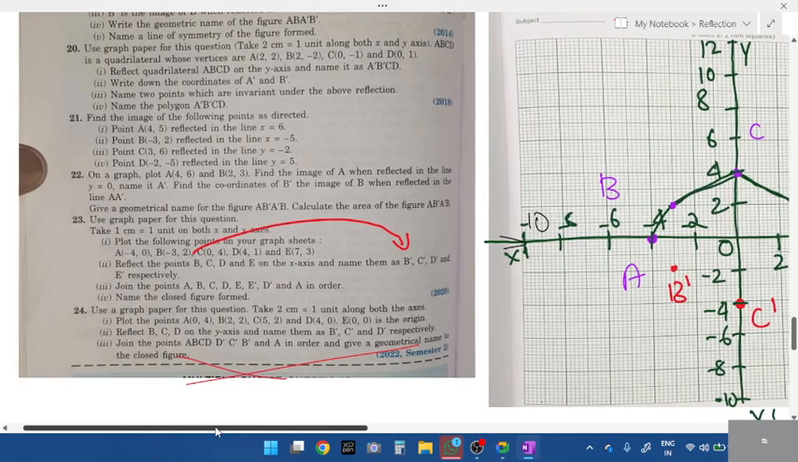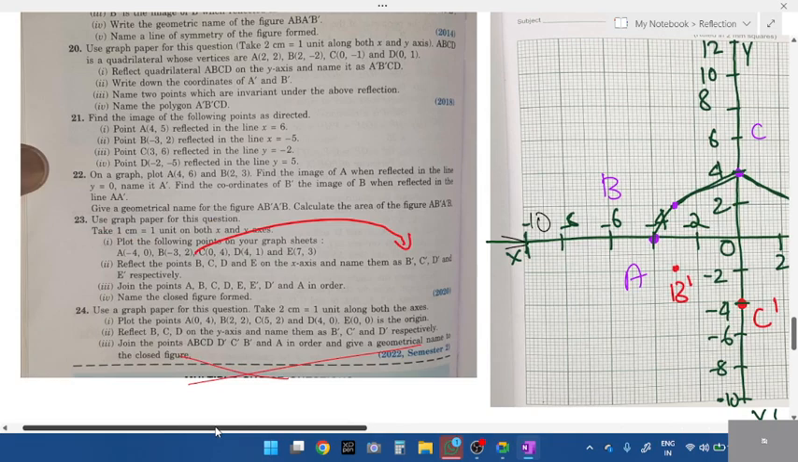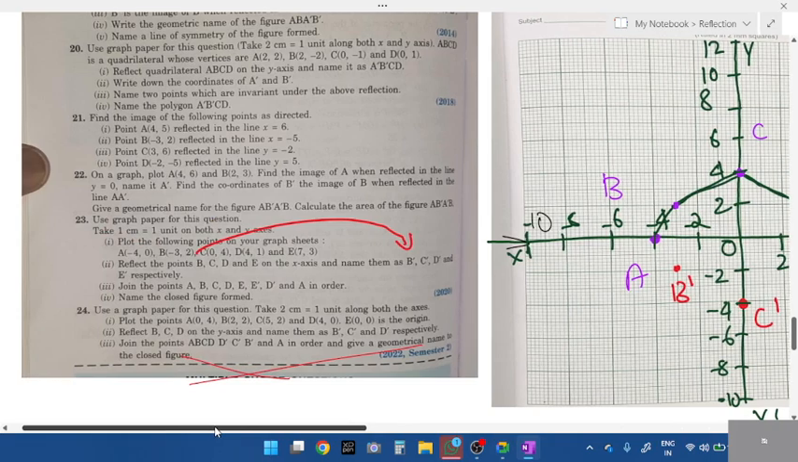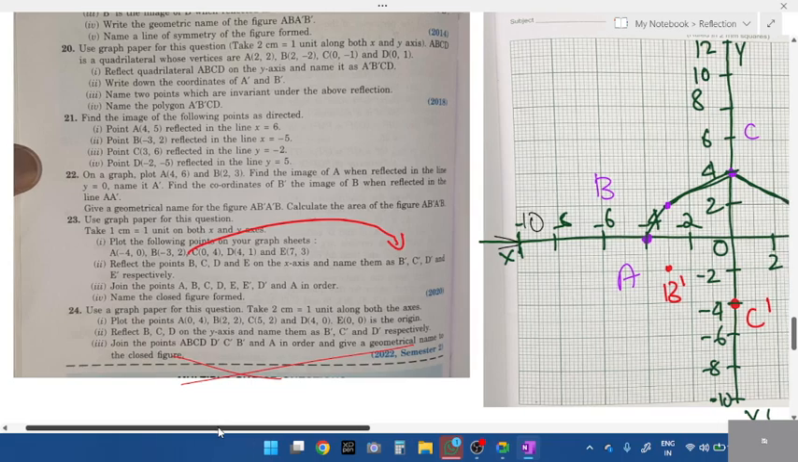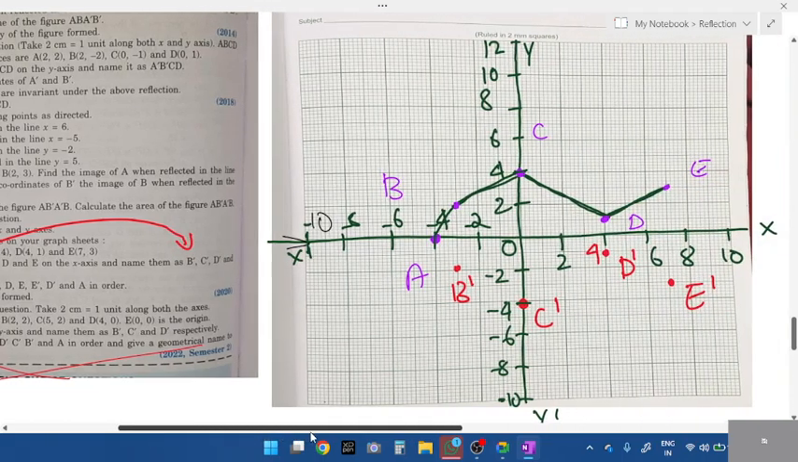Next. Along with that, you'll have to connect to whatever point is given. E. Next, what else? E dash, D dash and A dash. Next, what else? D dash and next one is